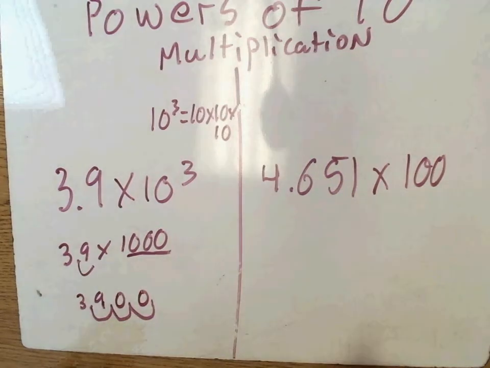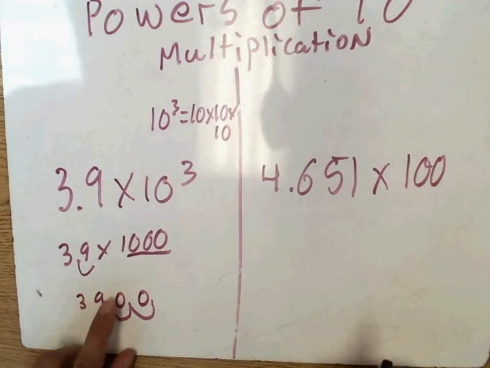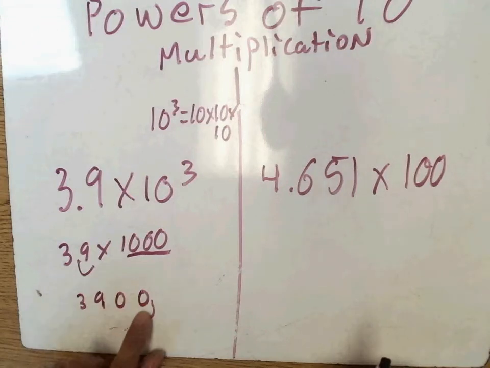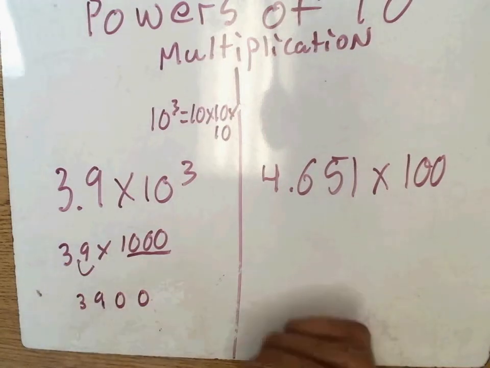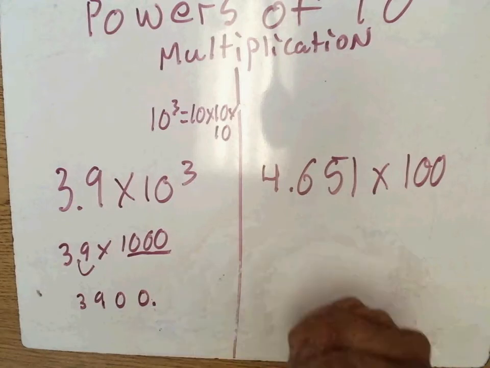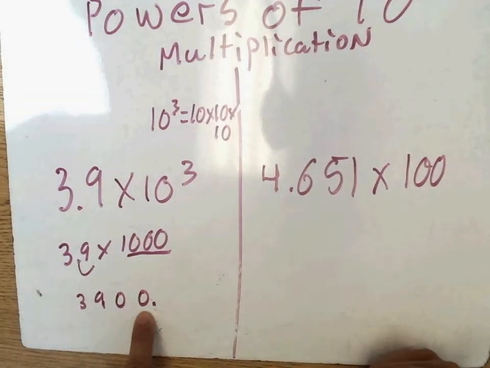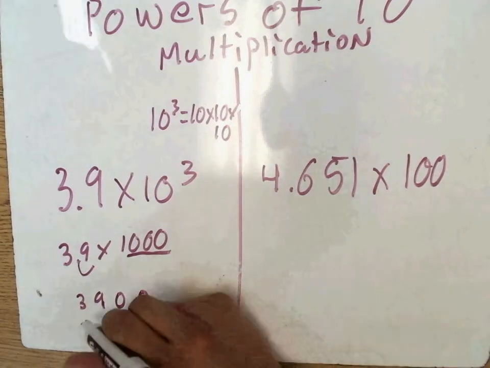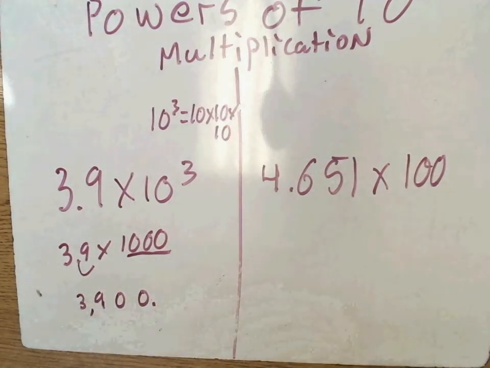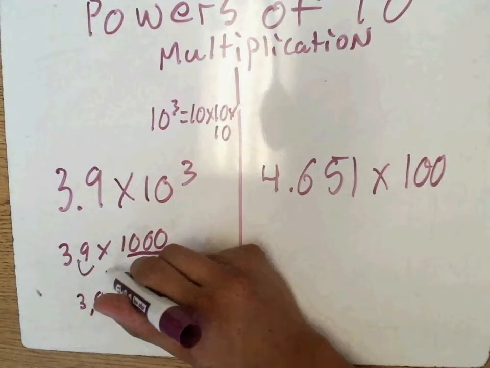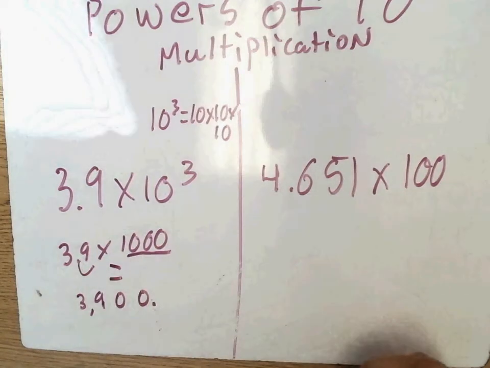Now, the decimal point has moved, and it's moved to after the 0 in the ones place. Now, since we have 3 numbers here, we're going to put a comma, and our product of 3.9 times 1,000 is going to be